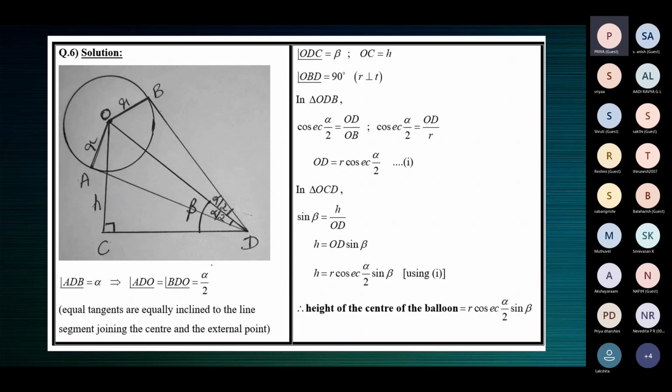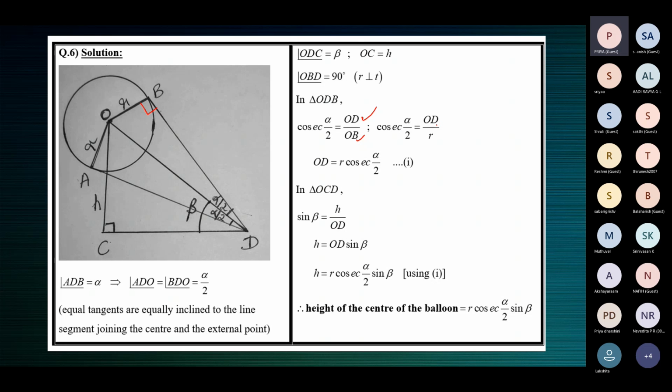You should take the right triangle which has alpha by 2. Right triangle is OBD, which has angle alpha by 2. And we use cosecant alpha by 2 because that is what is in the result. So cosecant alpha by 2 is equal to hypotenuse by opposite. Hypotenuse, OD. Why is OD the hypotenuse? Because that is opposite of the right angle. By opposite, OB. So cosecant alpha by 2 is equal to OD by OB.